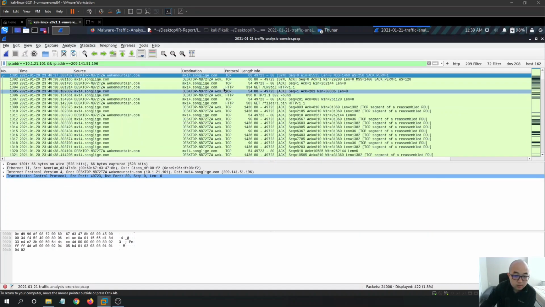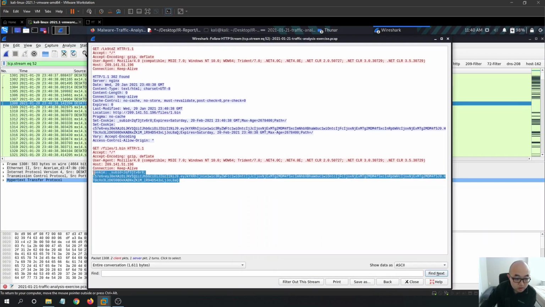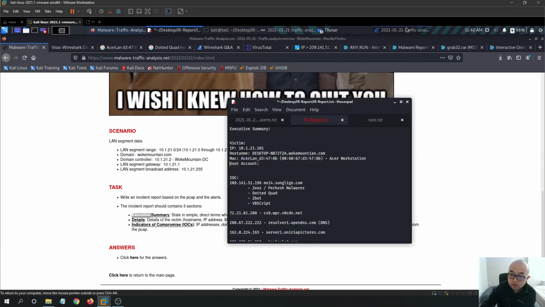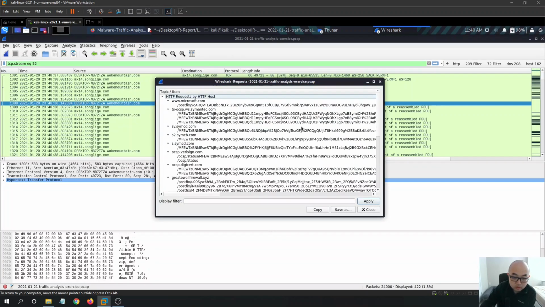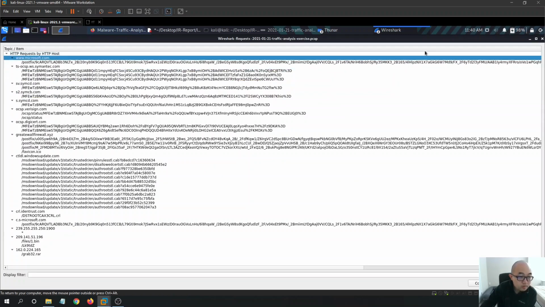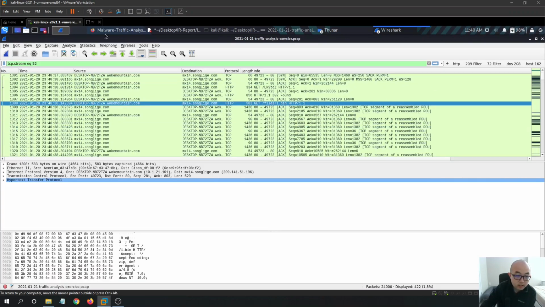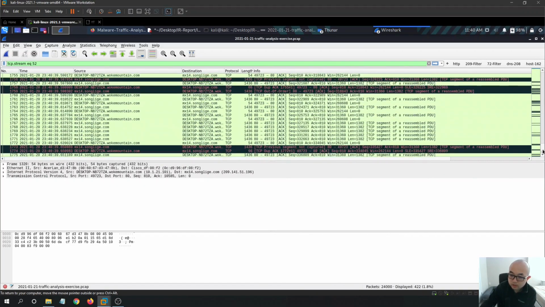But I'm not sure why I cannot find it. This is like a big issue, I think. I have this file over here. Let's look in the HTTP request very quick. Yeah, I can't really see where this stuff is, but